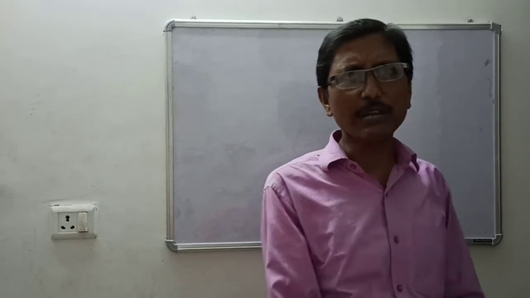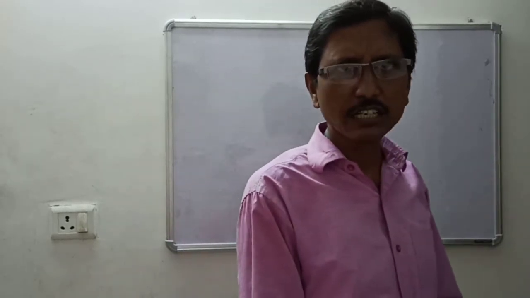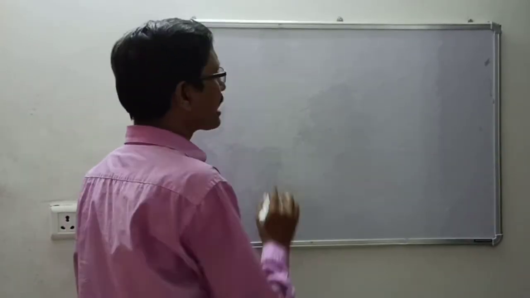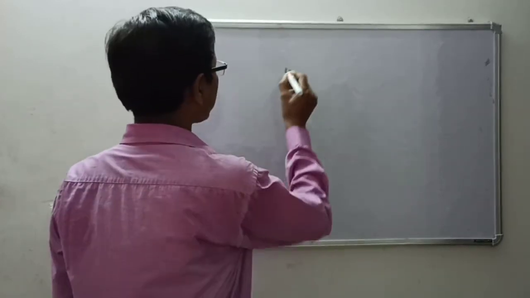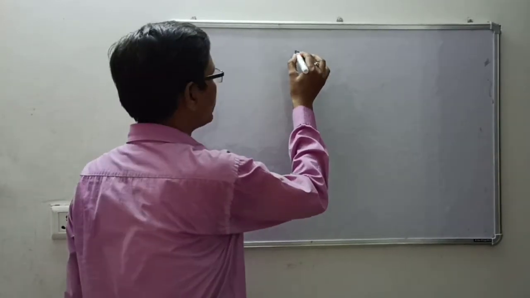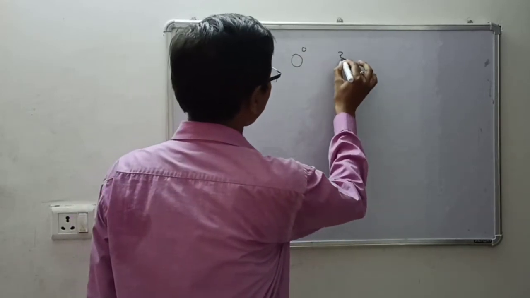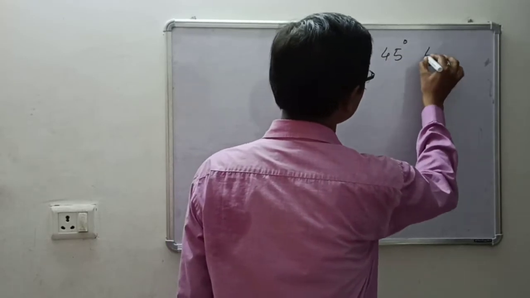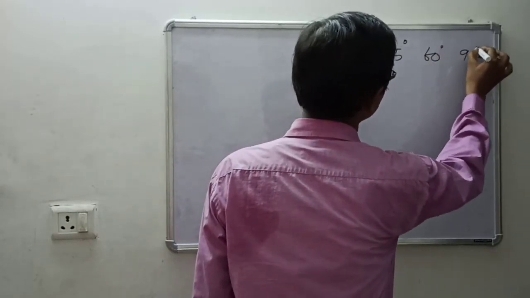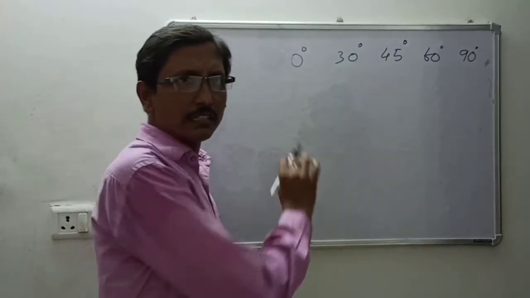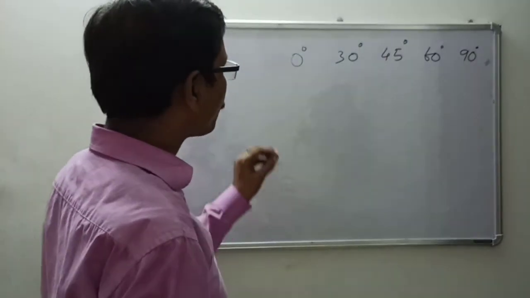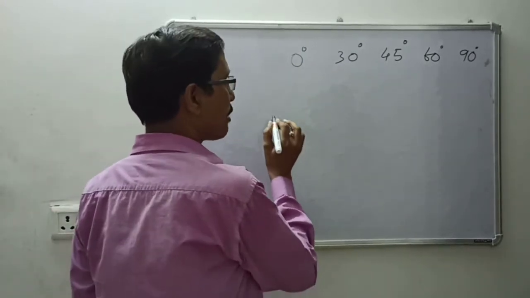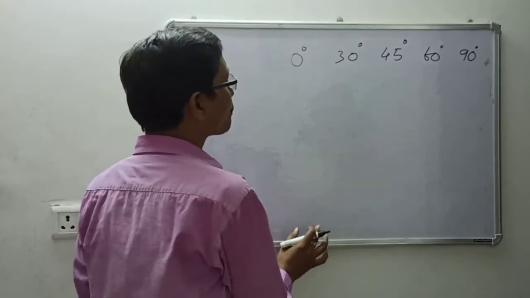Before starting, you can make the table within 2 minutes. So how can it be done? Just see the table; 3 steps are mainly to be followed. First you will write the standard, particular angles. Those angles are 0 degree, 30 degree, 45 degree, 60 degree and 90 degree. These are the particular angles we have. For these values you have to remember 3 steps. That is the trick. How it has come is not the matter. You can prepare the table.